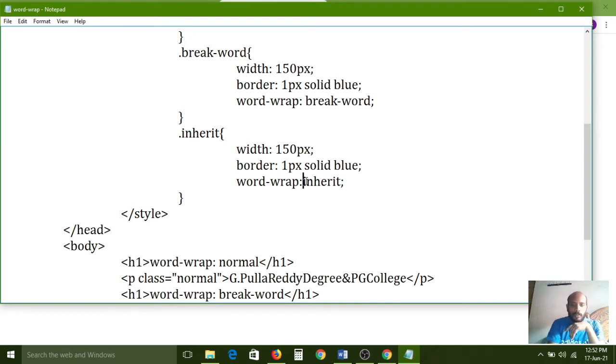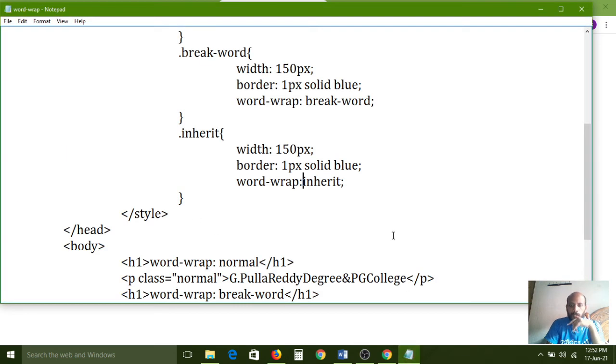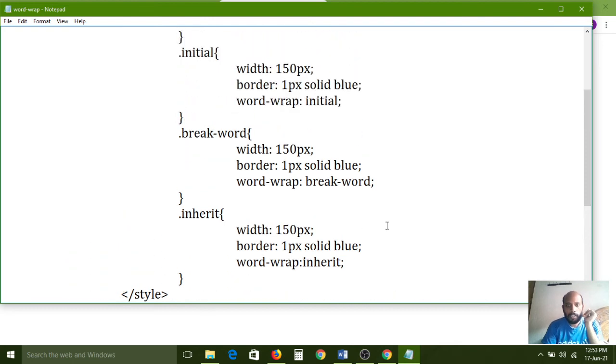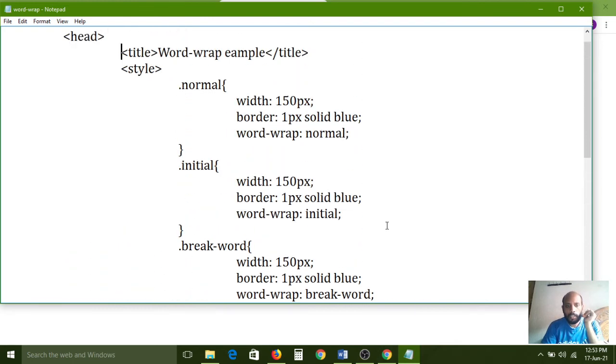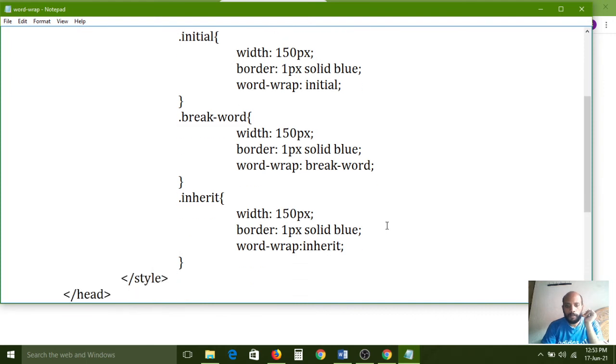Space we don't want to give for that. Inherit. Any spelling mistake we have typed anywhere? Solid blue break hyphen word.